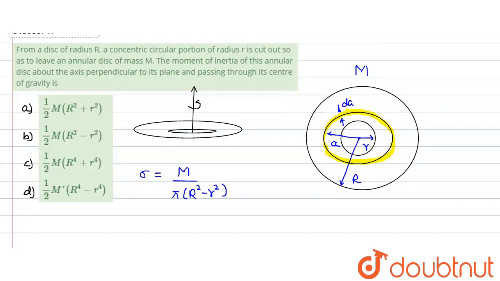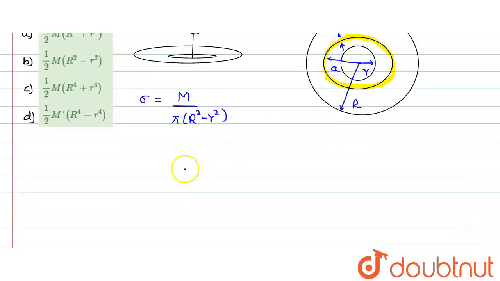So we can say that the moment of inertia for this ring, we know that moment of inertia I is written as mass into distance from the axis square, m r square, or m into a square, or m into d square, where d is the distance from the center. Now for this portion we are taking a small mass, so it would be dI equals a small mass dm into the distance for each and every element, which would be a, so dm multiplied by a square.